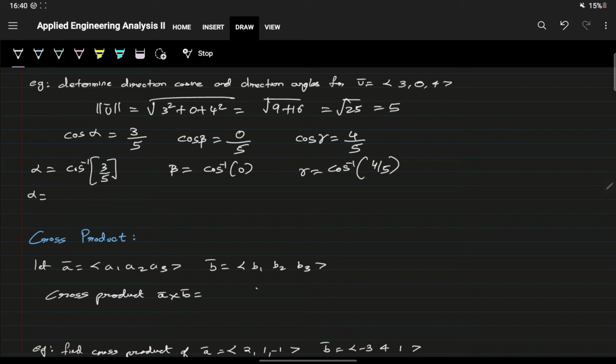So when we calculate this, we usually get the answer in radians. If we convert it into degrees, it would be 53. And here beta would be pi by 2 or 90 degrees. And gamma is